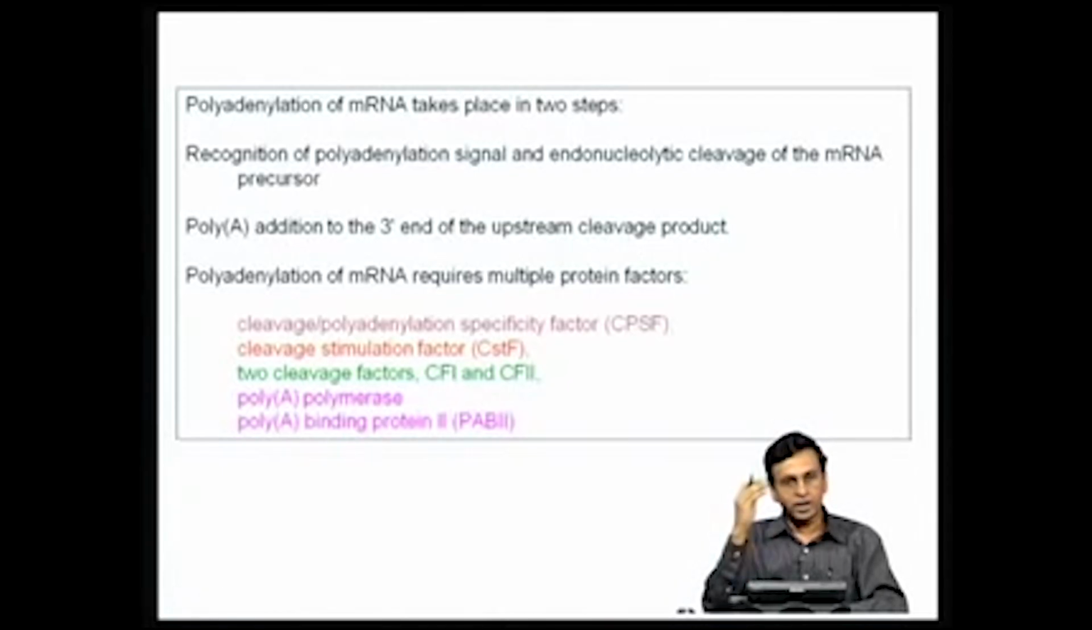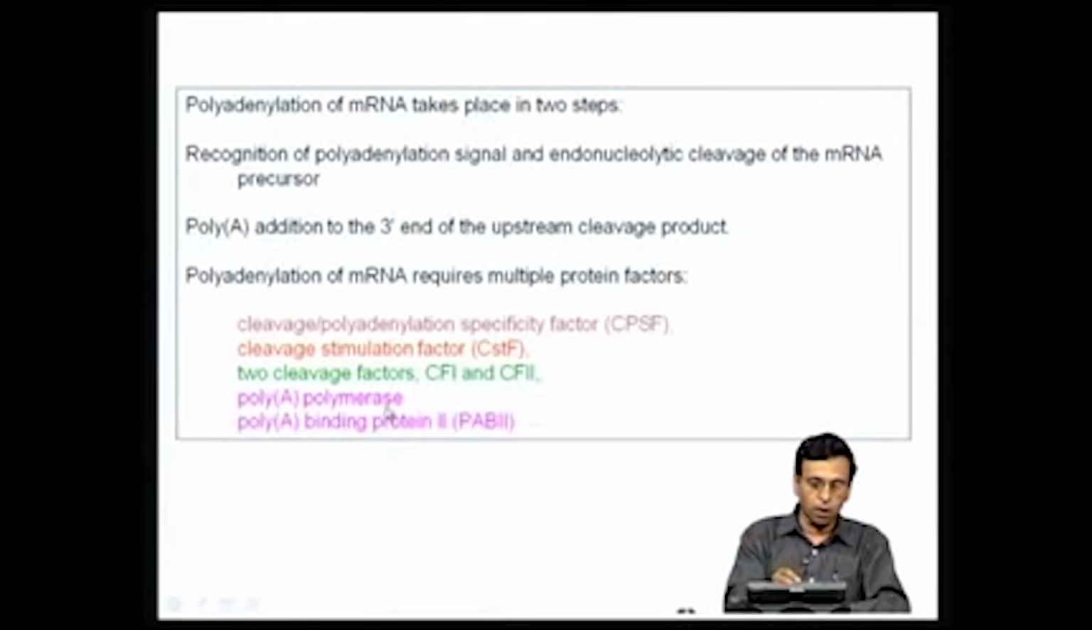One is recognition of the polyadenylation signal and cleavage of the pre-messenger RNA, and once that is over, a series of A residues are added by two enzymes called poly A polymerase and poly A binding protein 2. Now, there are three protein factors which play a very important role in the recognition of the polyadenylation signal and endonucleolytic cleavage of the pre-messenger RNA, and they are called